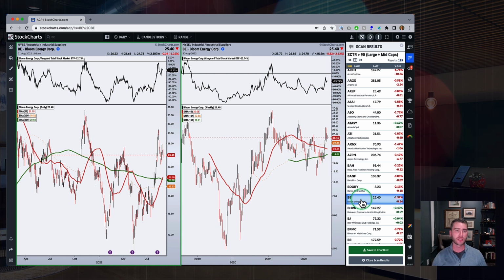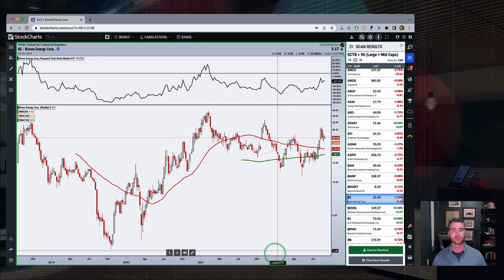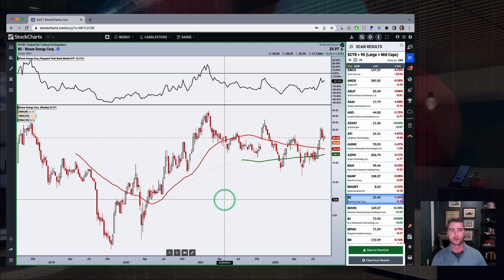The other really, really cool thing that we have available here as part of these multi-chart layouts is the ability to actually maximize and then minimize any of the charts within a view. So you'll notice that when I hover over one of these charts within the layout, there's actually a little button down here with some arrows. That is for maximizing this chart. So if we wanted to really narrow in on the weekly view, we can just hover over that chart, hit the maximize button, zoom in now to just that weekly view,